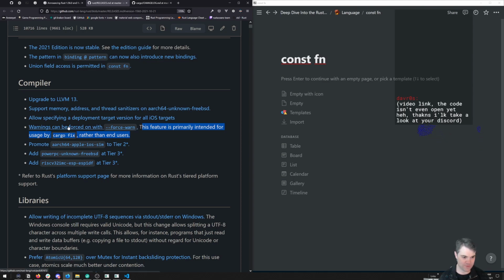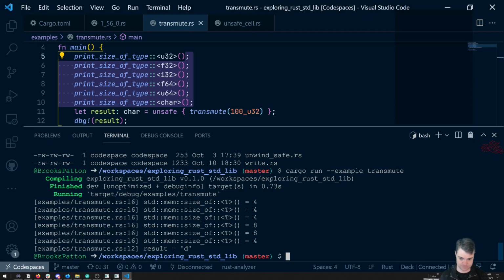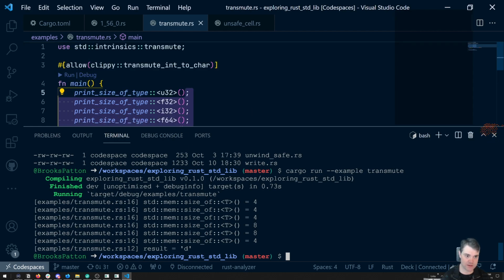Warnings can be forced on with force warning. Oh, wait, so can I turn on all warnings even if I've turned them off? Is that what it's trying to tell me? So like right now, if I do this, we allow you, right? We allow you to happen, even if you're a warning normally. So if I do